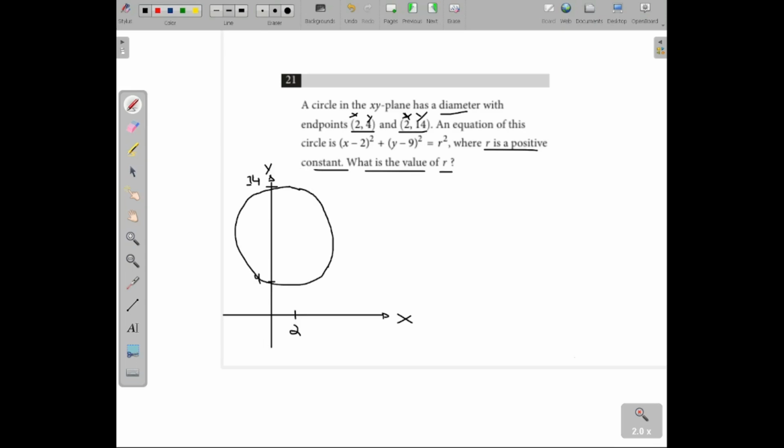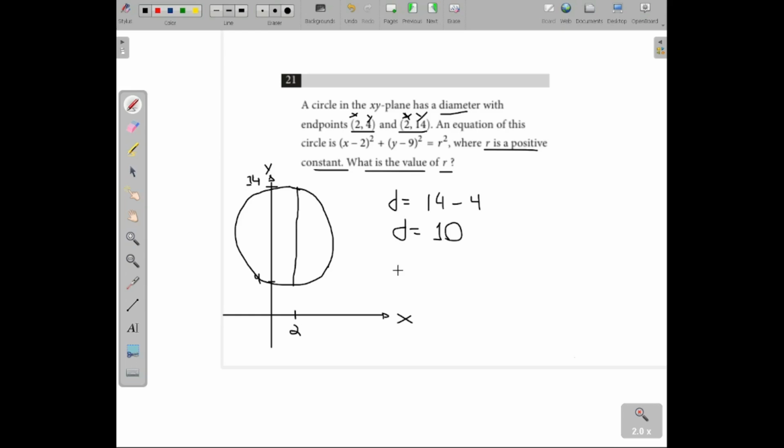We can graph this, and now the diameter will be equal to the difference between these two points on the y-axis, 14 minus 4, because we know that this goes through the circle. So the diameter will be equal to 10,